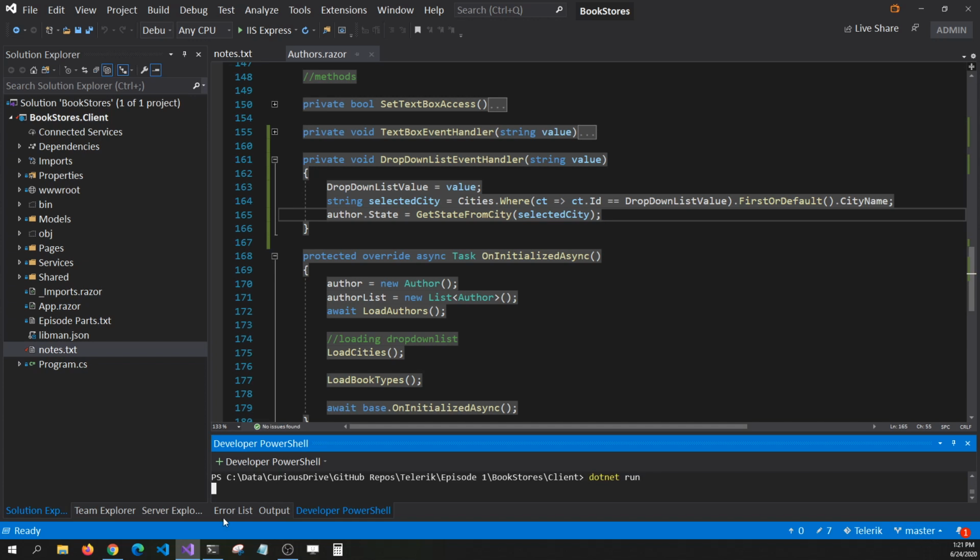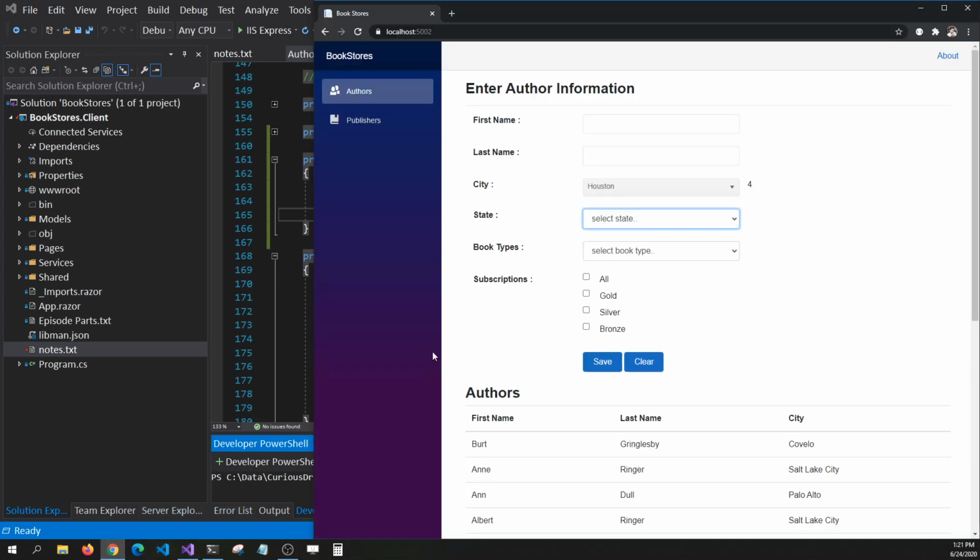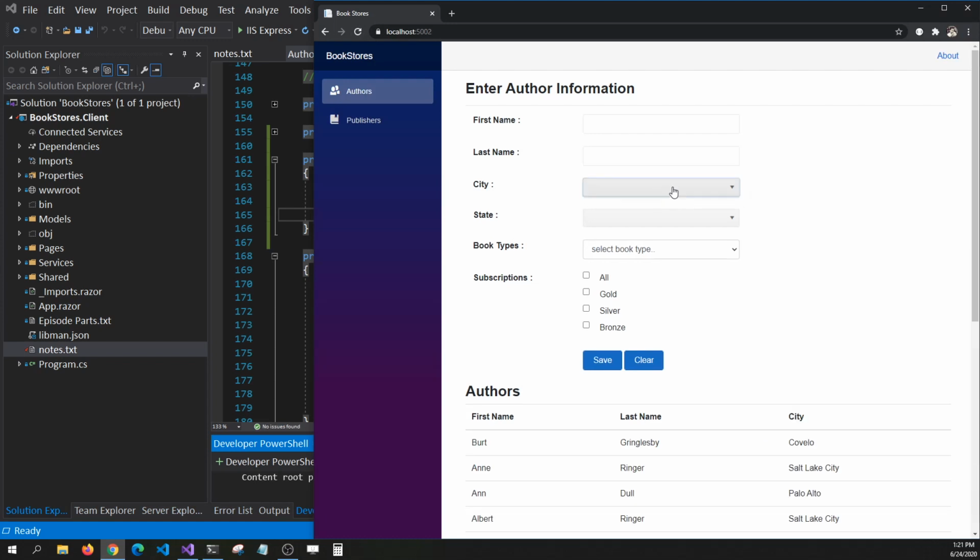So when I run this, go to my browser, refresh my browser, and whenever I select city, you can see that it selects the corresponding state for that city. That's pretty awesome, right? That's pretty handy. Okay, so this is how you can have cascading drop-down list. One thing that I want to mention is, let's say I say John Smith and save